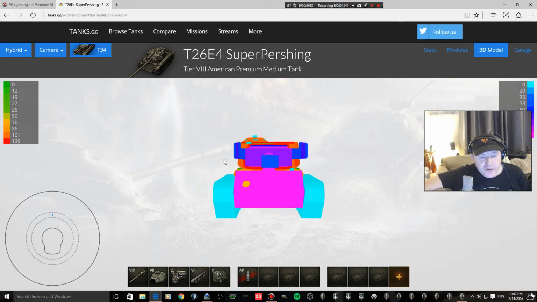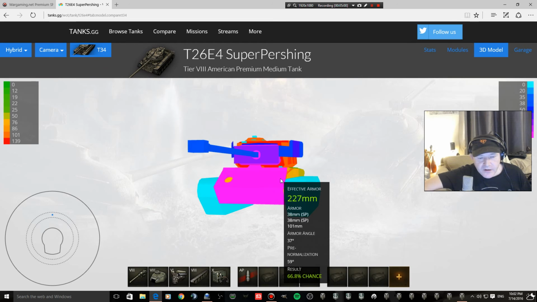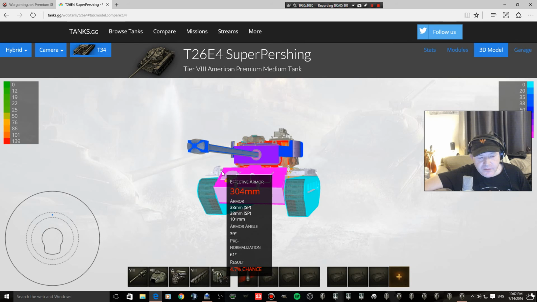From the front, well, you know what the tank itself is like. So we're looking in, and thinking, hold on, it was 101. Well, it's 200, effectively, slight angle, and you're looking at 230 mil right the way across, areas here,